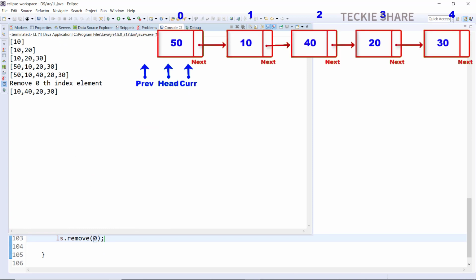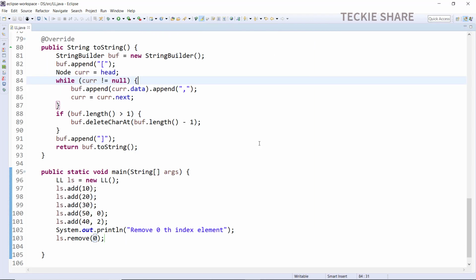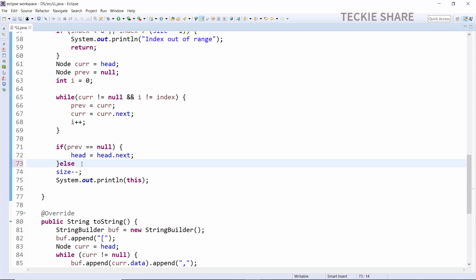Yeah, exactly, it works. How exactly does it work? At that time the loop won't execute, because i, the 0th index, is equal to my index. In that case the previous element is null, so the header element will point to the next element of your header element. The next element will be 10, right? Likewise the deletion happens. Suppose I want to delete data not at the 0th index position, but say the first index data. In that case, obviously your previous element will not be null, so it comes to the else condition.